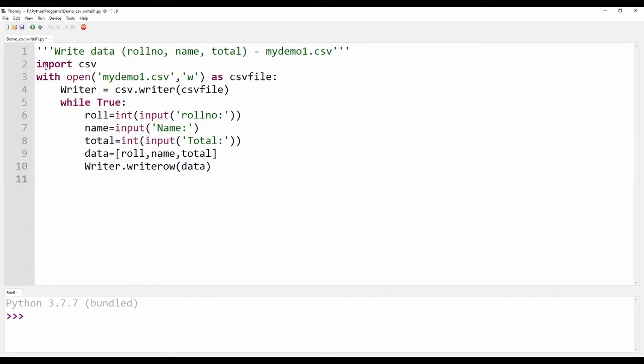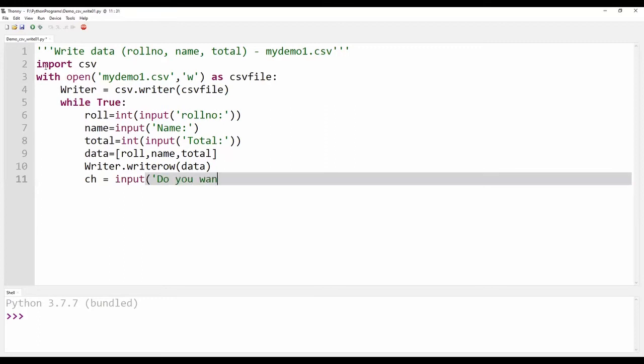If I want to continue further, I have to accept a choice from the user. I'm trying to accept input: do you want to continue? I'm asking the user whether yes or no.